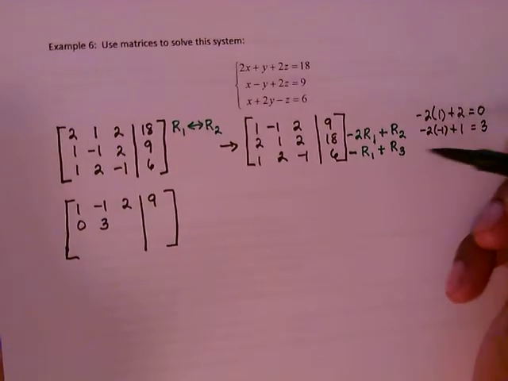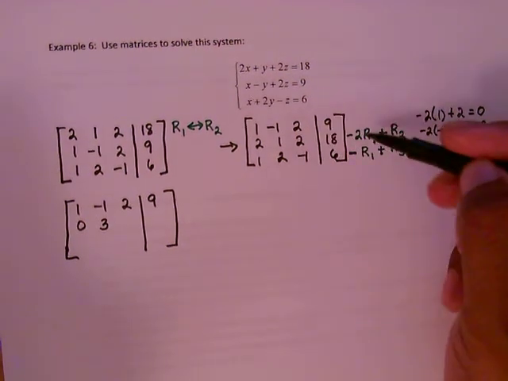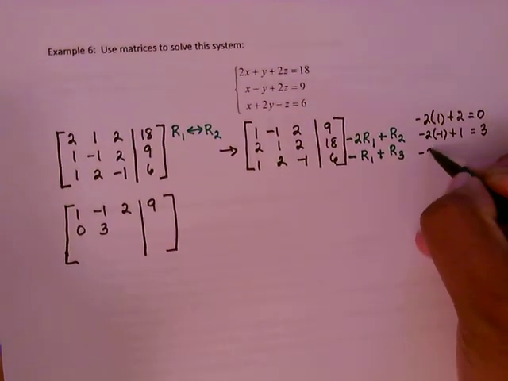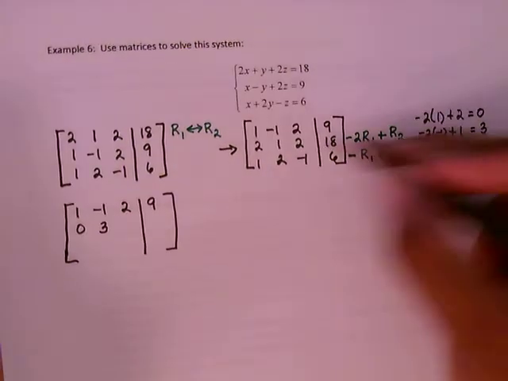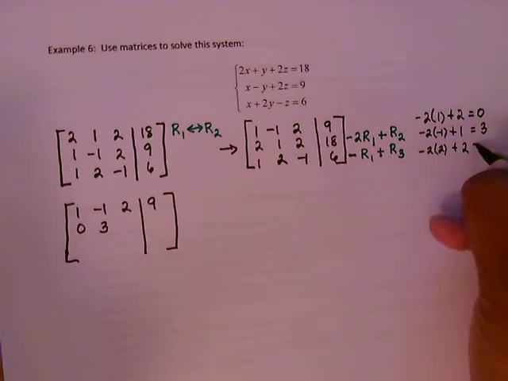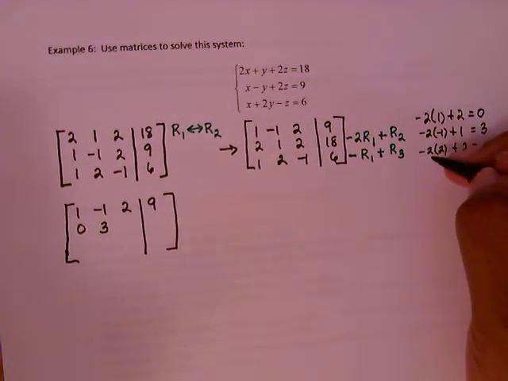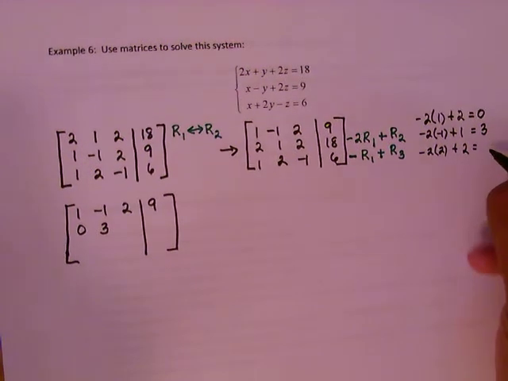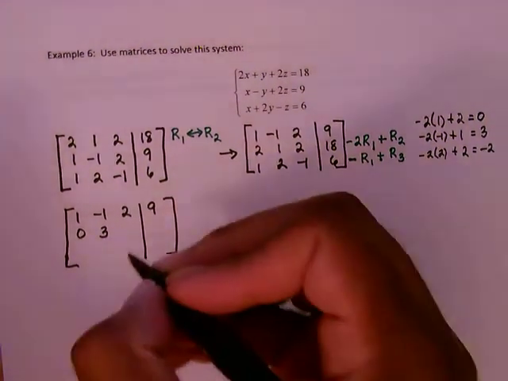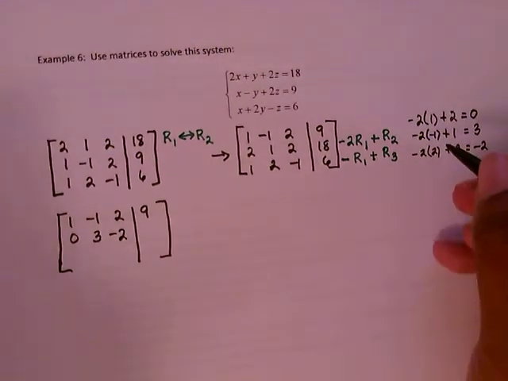And then negative 2 times row 1, go into this one right here. Negative 2 times that 2 plus the corresponding element, which is 2. That's in row 2. So here, negative 2 times 2 is negative 4. Negative 4 plus 2 would be negative 2. So that negative 2 goes here. And then